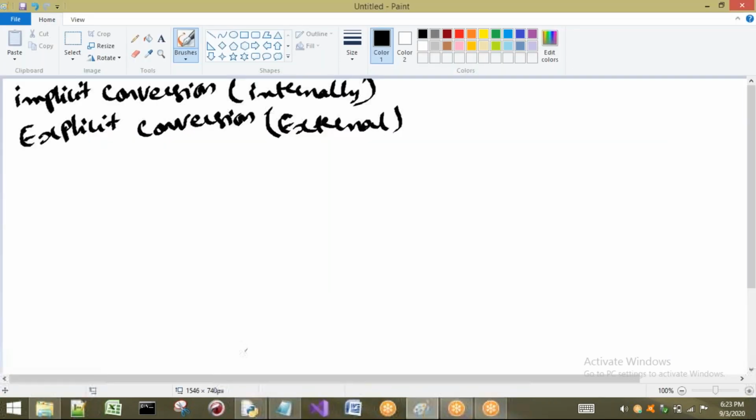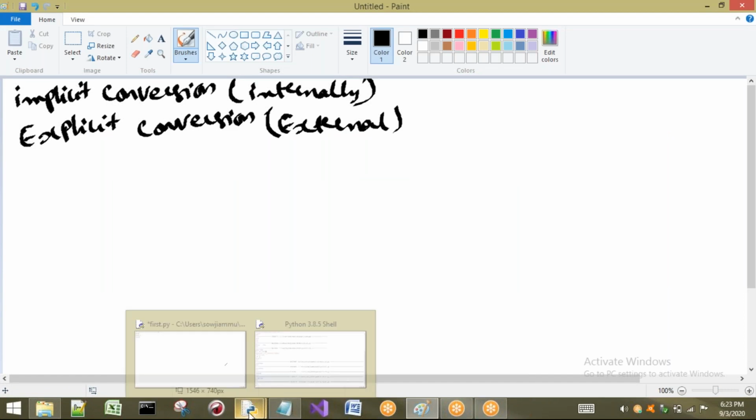Next I'm going to take b as 10.5, which is float type. Now I am going to perform addition between these two numbers, and c is the result. We know the answer will be 30.5, but my intention is to show that some implicit conversion is done here.